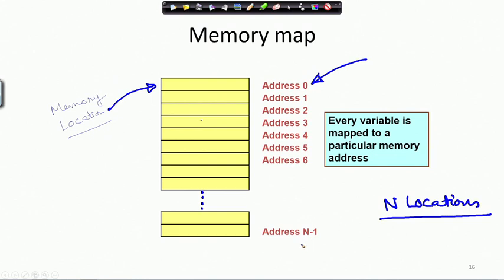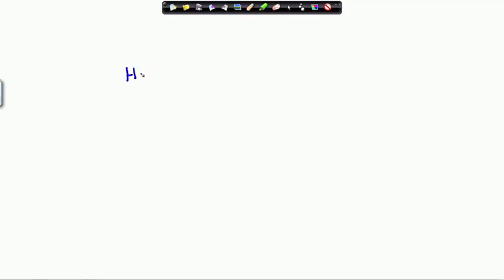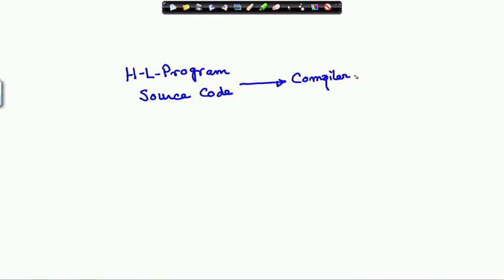Now, recall that we had a high level program, which we also call the source code, and from the source code the compiler converts it into machine code, machine language, right.